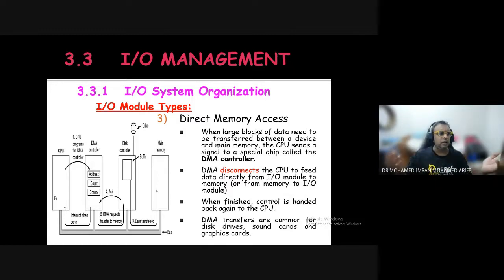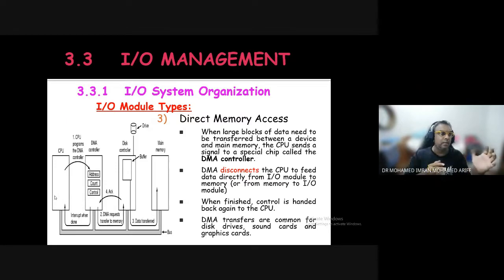These inputs normally come from your sound card or your graphic card, where you get large amounts of data coming in from your input-output. So the benefit of direct memory access is that it is much faster than normal input-output devices. But then you might ask, kenapa tak pakai semua direct memory access? Direct memory access is only applicable if you have a large amount of data coming in constantly, secara berterusan. For example, you download something from the internet, and this data is very big, coming all the time.